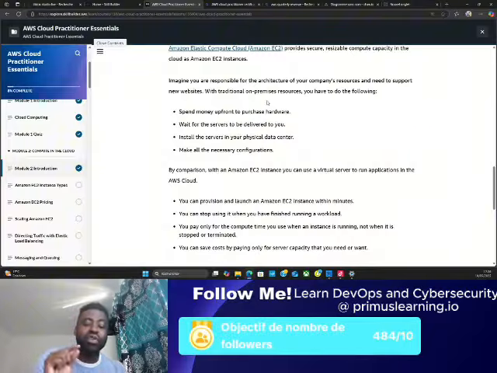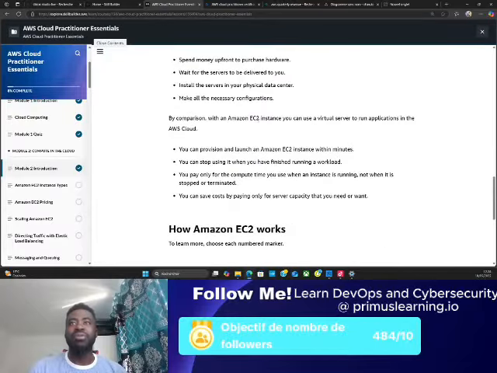Provisioning, not positioning. Provision, just like you're providing. So you're provisioning an EC2 instance like that. Okay, so here it explains that by comparison,